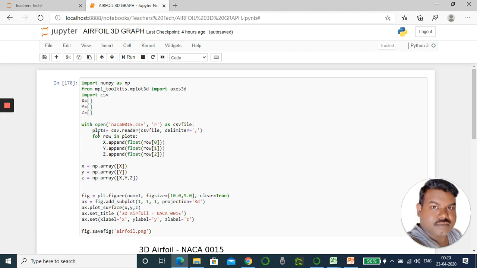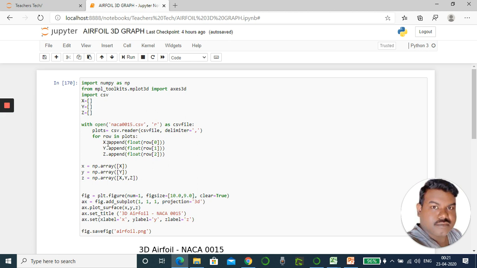The next command is plot equals csv.reader. This command is executed from this. Here I am calling the CSV file, meaning this file, and then I am asking it to use a delimiter. After executing this one, next x.append means adding.